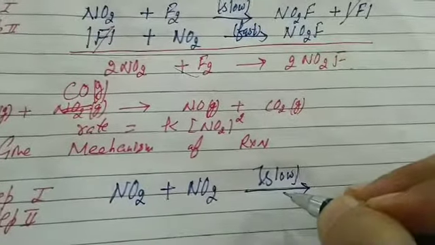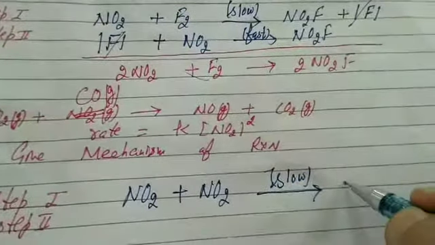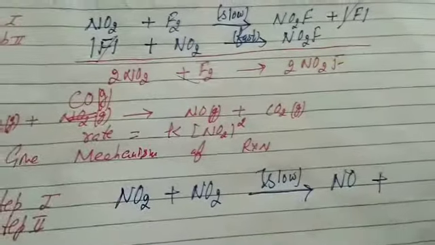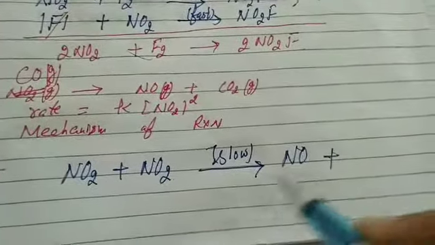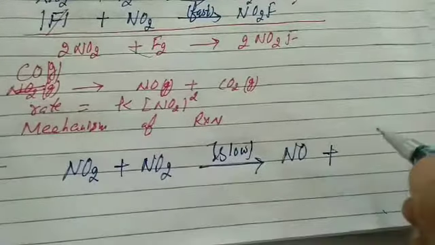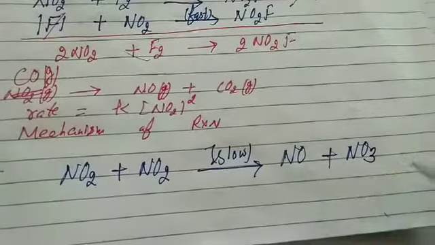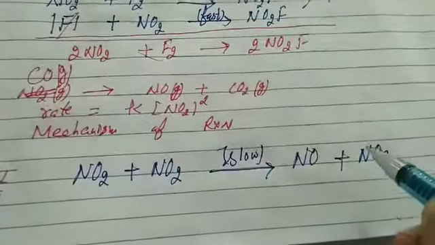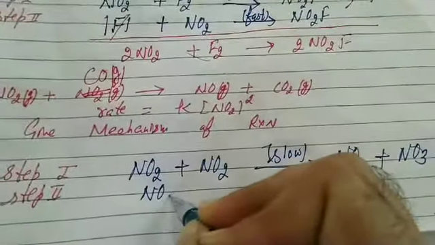Now products, students, according to the given equation, what are the products? Nitric oxide plus carbon dioxide. But there is 0% scope of the formation of CO2 because carbon is not there. So we have to balance it. What is left? We write NO and the rest is NO3. Equation is balanced. But NO3 is not in the given equation. We randomly write it. It must be a participant in the second reaction.